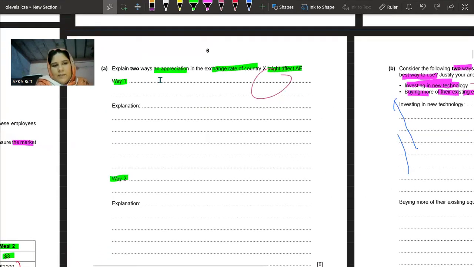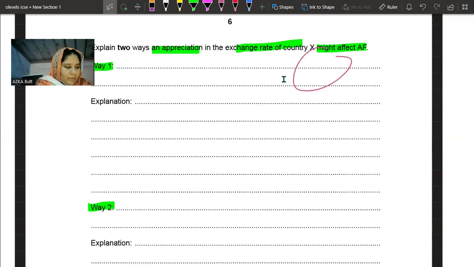Okay, so the third question is: explain two ways an appreciation in the exchange rate of country X might affect the AF. So first of all, if we talk about imported things, this would decrease the cost of imported raw materials. Okay, so we have to write way one here, and now we have to explain the reason. Since they are importing 90% of ingredients from the other country, which is country A,